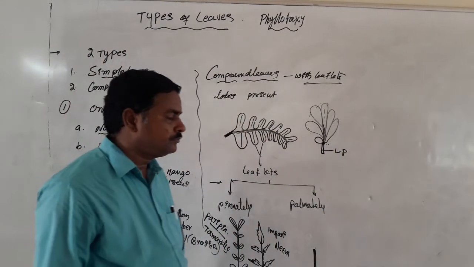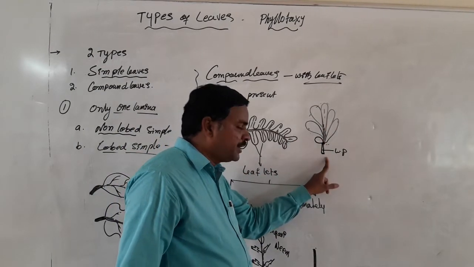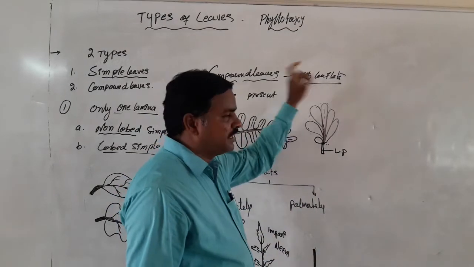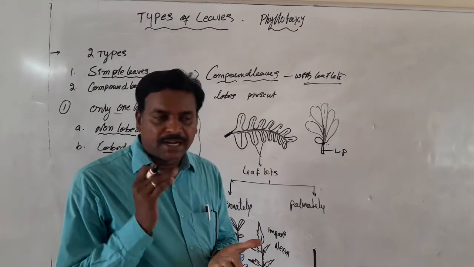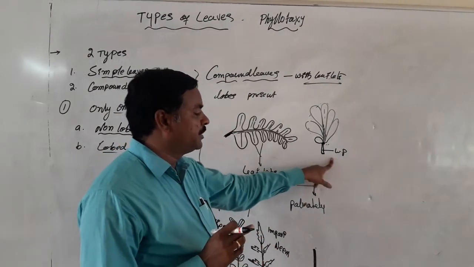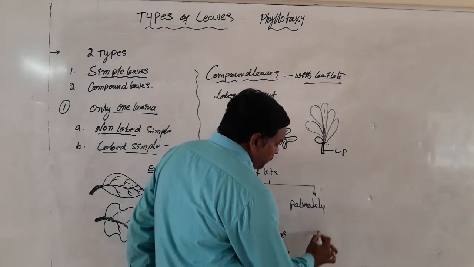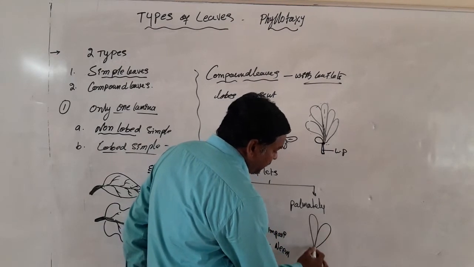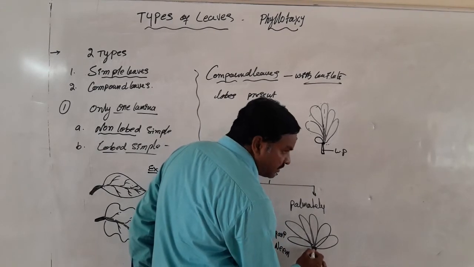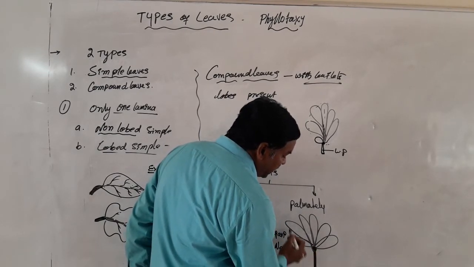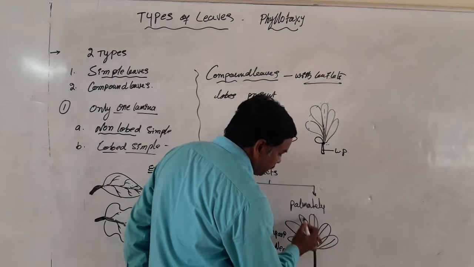Is the point understood? Here all the incisions are touching the tip of the petiole, and here there is no midrib. All of them touch it, and all leaflets are attached to the common point at the tip of the petiole. So in this type of compound leaves, many leaflets are attached with the tip of the petiole, like this. Okay,